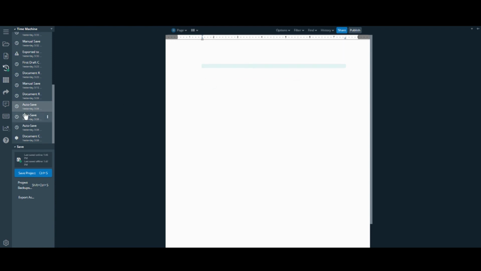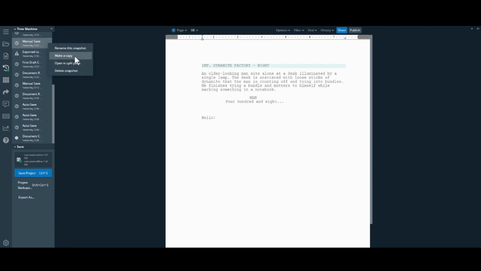So we see here the script was empty, so let's jump ahead to a little later in the day at 3:30. You can see here that I got some work done in that 30 minutes, and it was manually saved at that time. You won't be able to make any changes to it as this is a draft that was created in the past. However, if you hover over the snapshot, click the three-dot menu, and go to make a copy,